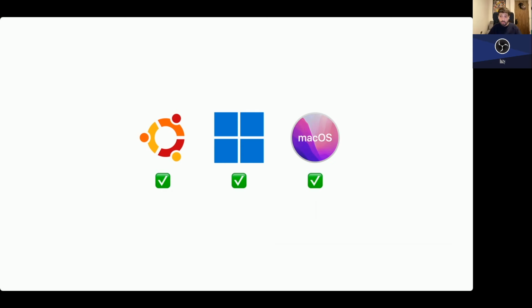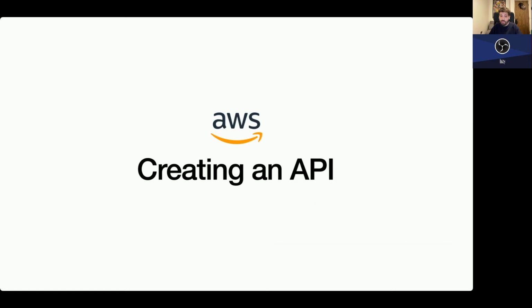And that's it. We've got 3 executables that have been built only using Swift for 3 different platforms, and we don't have to install Swift in any system or anything. So let's move on. Let's maybe take it to the server and create an API, right? We can do that with Swift. So we're going to do that in an AWS Lambda.